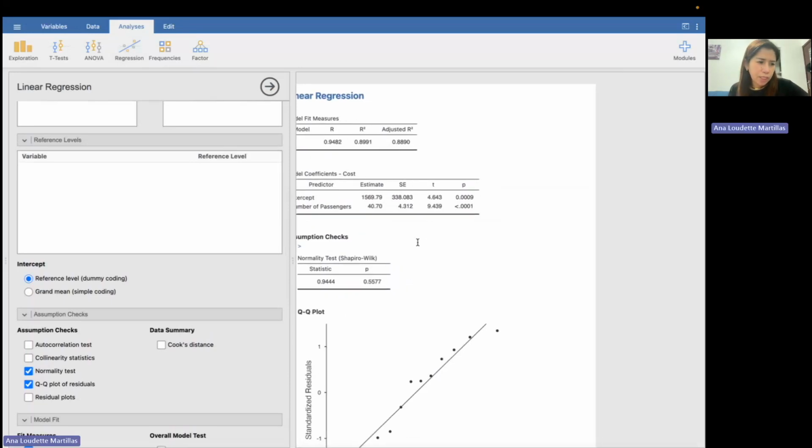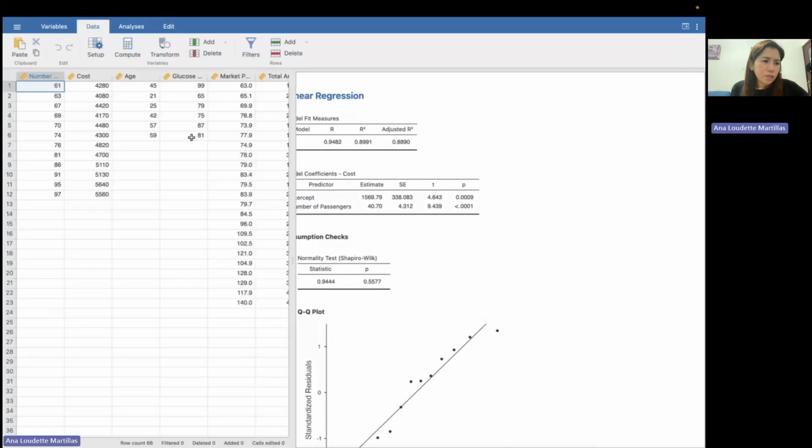Next, moving forward is multiple regression. So the example will be a real estate study was conducted in a small city to determine what variables, if any, are related to market price of a home. Several variables were explored, including the number of bedrooms, the number of bathrooms, the age of the house, the number of square feet of living space, the total number of square feet of space, and the number of garages.